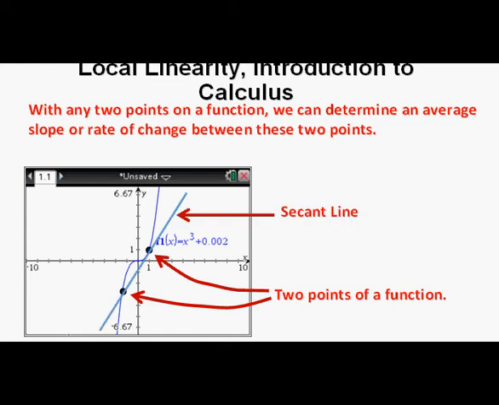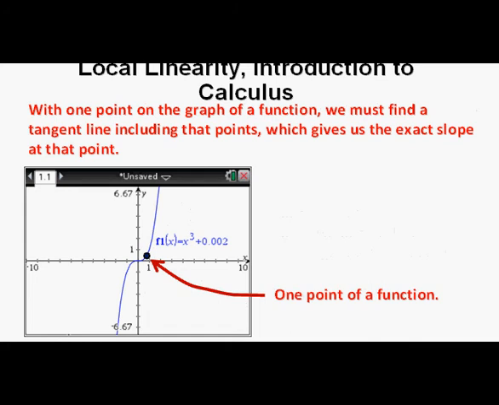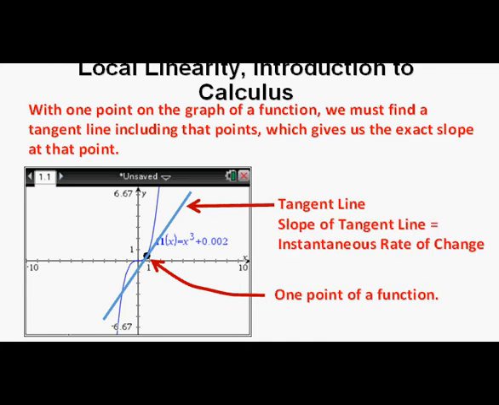A line between any 2 points on a function is called a secant line. We can use 2 points on a secant line to find the slope of a secant line. The slope of a secant line is an average rate of change between these 2 points. We can look at one point on the graph of a function such as this point, and we can draw a tangent line, which is a line that touches the graph of a function at one point. And the slope of that tangent line is the slope of the function at that point, what we call the